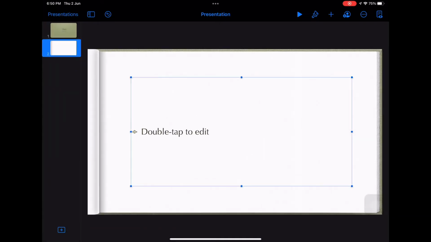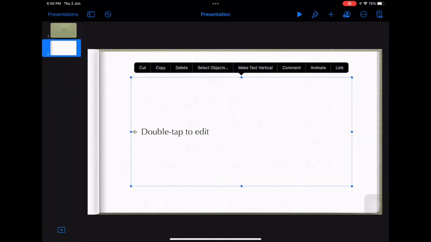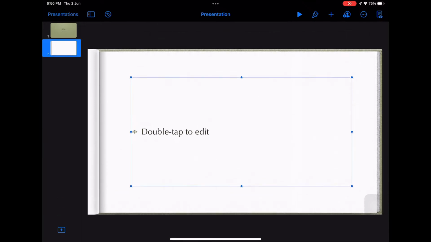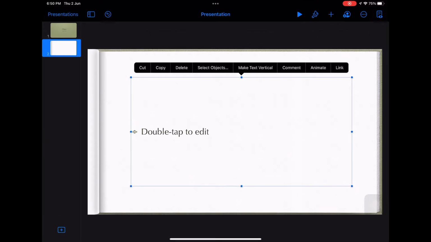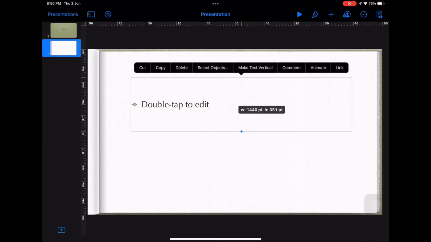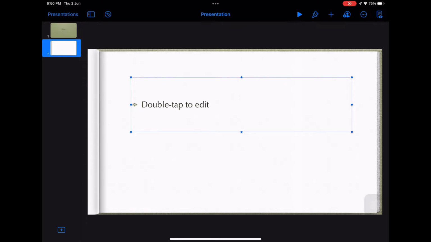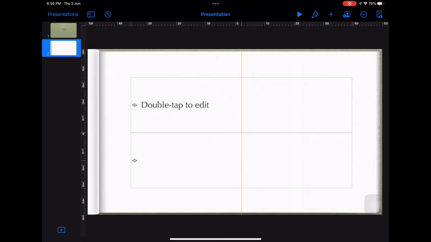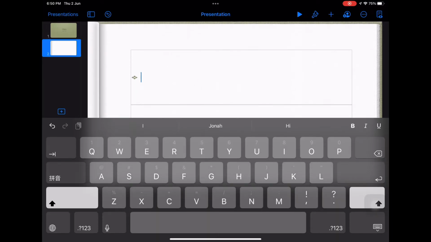Now we're going to create the inside of the diary. So we're going to edit the text box. Resize the text box to leave some space for the second section of the page. Here, we're going to copy and paste the text box, which is a duplicate action to create the same text box as the second section of the page.